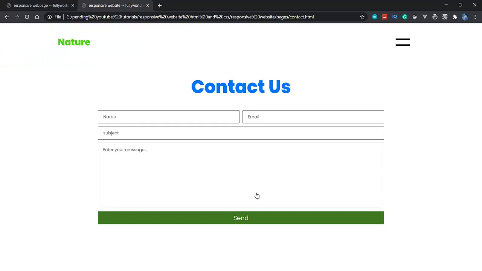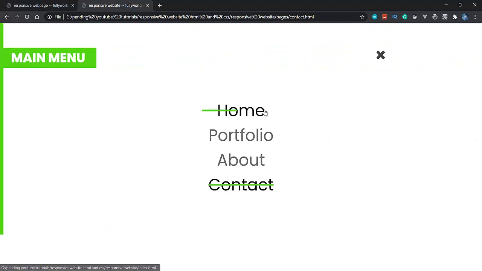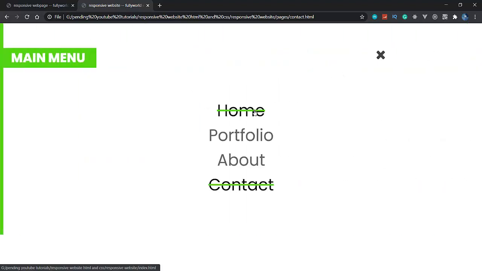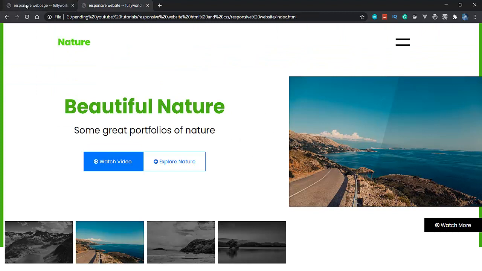So from today we will start making our website responsive, and it will take only 3 videos for that. First one video for the homepage, that is today's video. This video is for the homepage only, and then for the portfolio page. After that, one video will be for the about us and contact us page. So we will move step by step, like after how many widths we have to change, like this and like this.